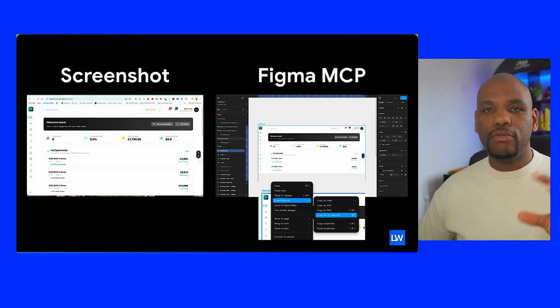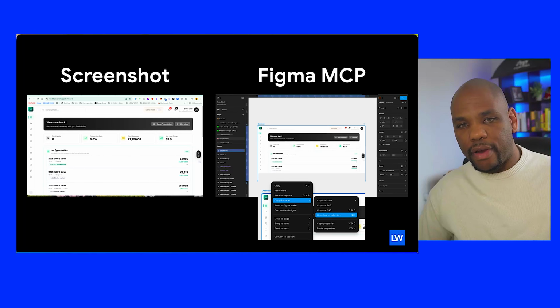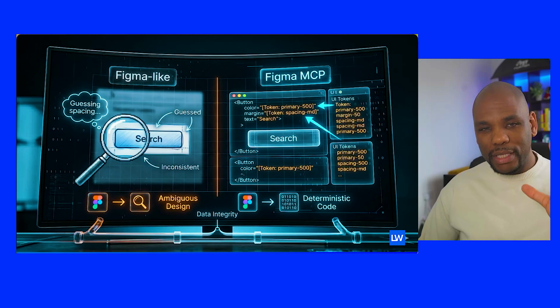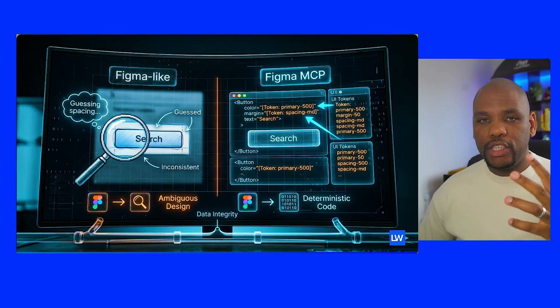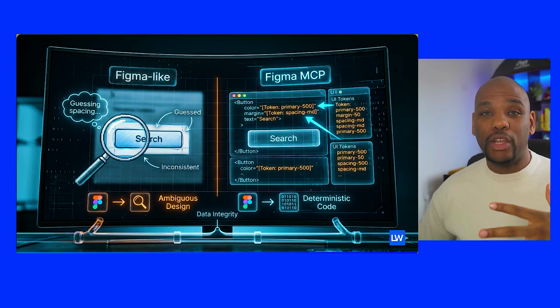So when do you know specifically, as designers, to use a screenshot, or when do I know to copy a link and have a link to my actual frame? This is a good conversation to have. On one side, the screenshot is basically guessing. This is a lot of guesswork. It's using the closest common pattern that it can find based upon the screenshot and the quality of the screenshot